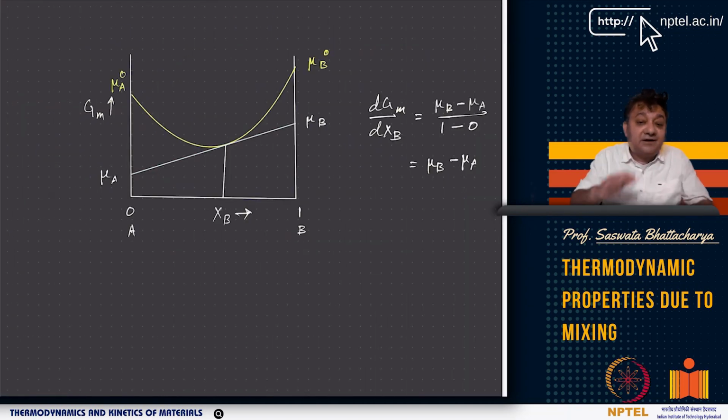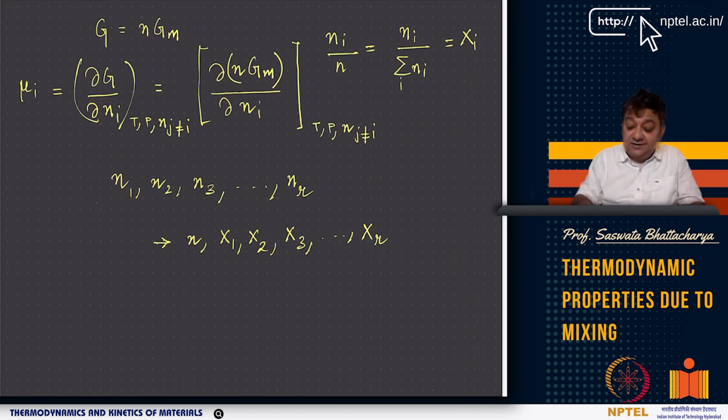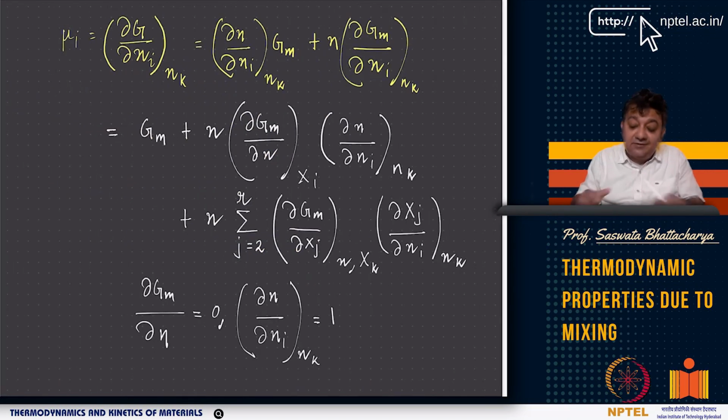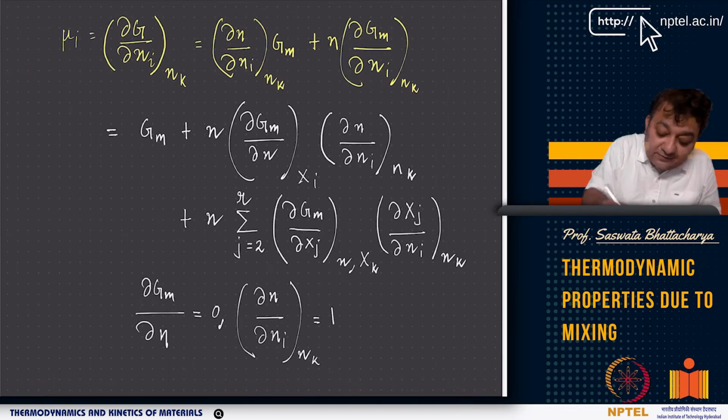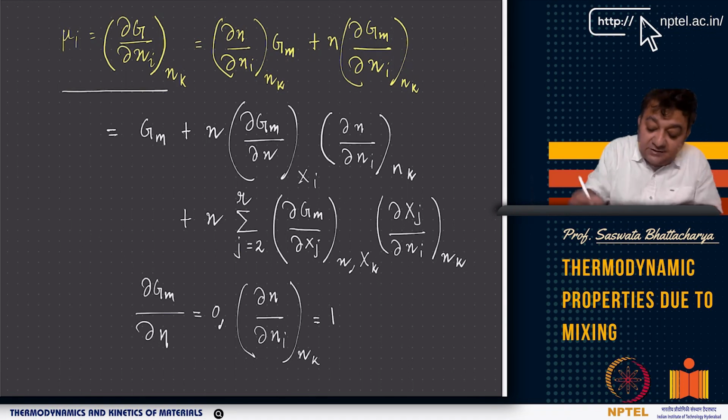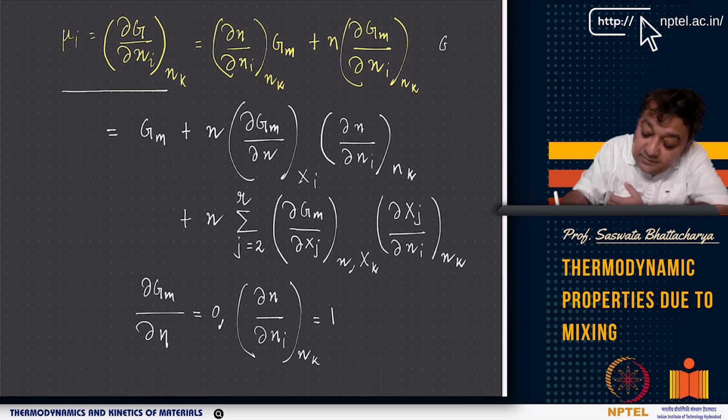Okay, and this is the diagram that I will apply when I explain the phase equilibria subsequently. Not right now, but subsequently. The only thing I wanted to tell you is that this approach starts with the definition of chemical potential. Then G I write as N G_M, and then we go on: del N del Ni, and N del G_M del Ni, and then del G_M del Ni is again split into del G_M del N and del N del Ni, and then there is